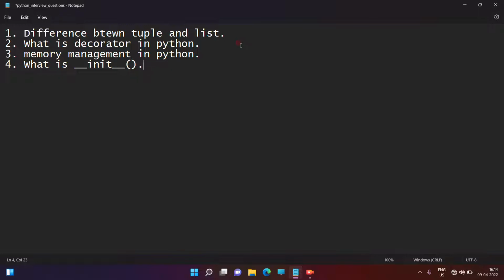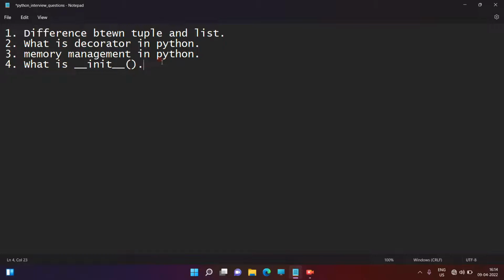So init is very important. The role of the init method, the __init__ method, is very important in Python. So what is the use of the init method? We can use the init method in Python as a constructor. So what is a constructor? A constructor is the initializer of a particular class.